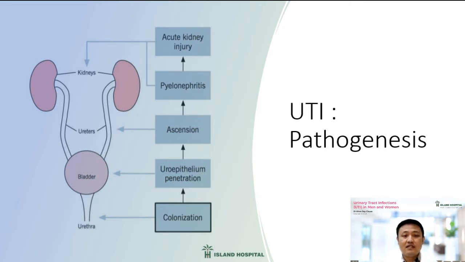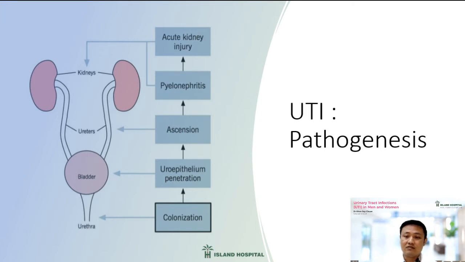Now, how does the UTI happen? Basically, the bacteria gain access to the urinary tract from the urethra. It colonizes the opening where the urine flows out, the urethral meatus. Then from there, it gains access to the bladder. It stays in the bladder, destroys the bladder cells, and penetrates the bladder. Then from the bladder, it can follow the ureters and gain access to the kidney. That is the more severe form. It can cause the condition well known as pyelonephritis,